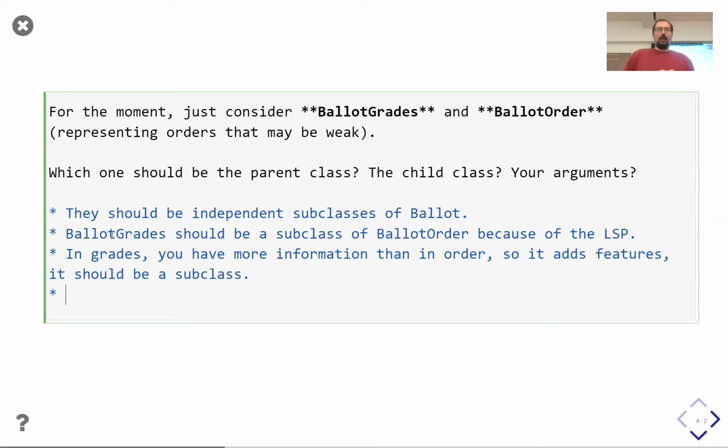I think we agree that anyway ballot should be abstract. Yeah, I think we can all agree on that.